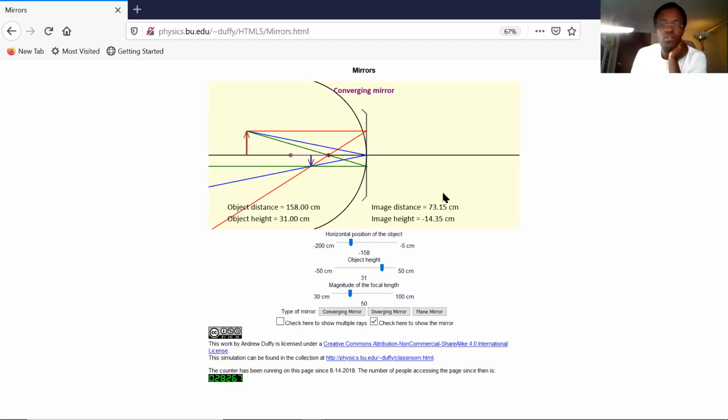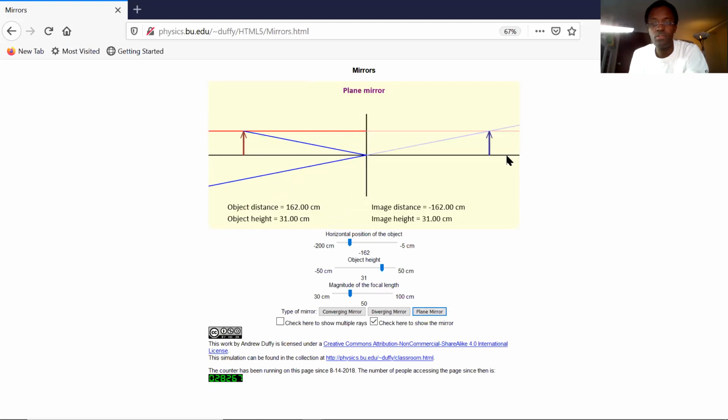Now, you see that when the object is far from the mirror, the image is upside down. We say that it is inverted, it's upside down. Okay, and since it's on the same side of the mirror as the object, we say that the image is real. It's real. In the case of the plane mirror, if I go back to the plane mirror, you saw that